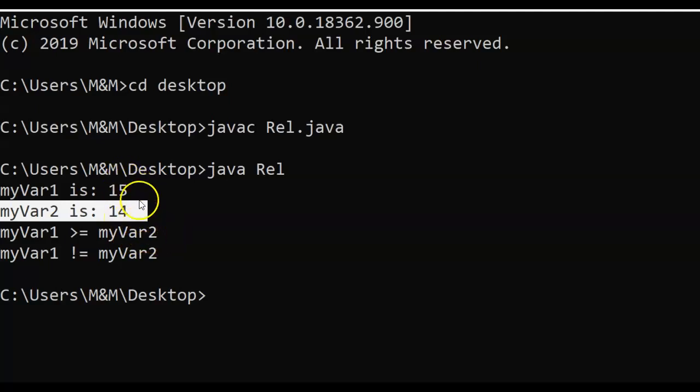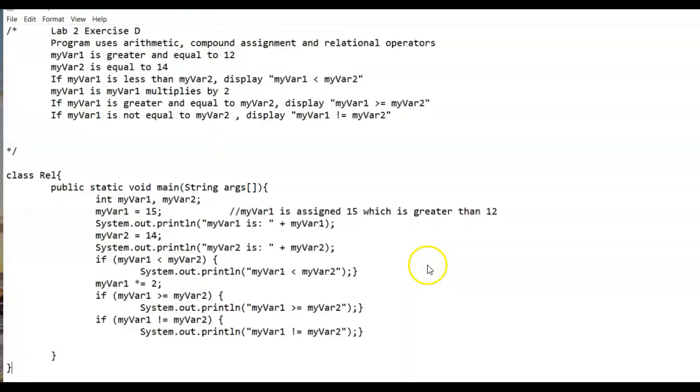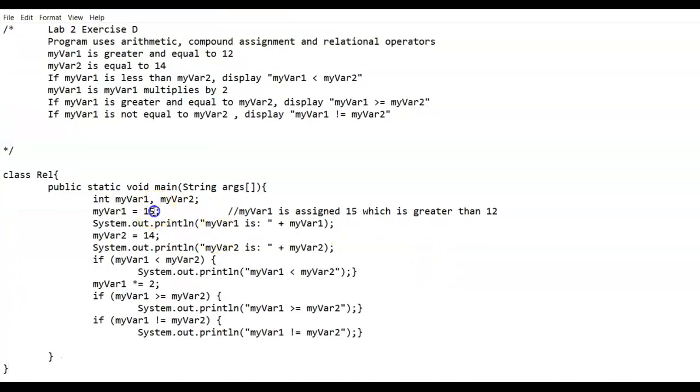So originally it was greater, and then as we updated, as you can see in the code here, originally we had given it 15 for my var1 and 14 for my var2. Then we would follow through and we would check the condition. Since 15 is greater than 14,